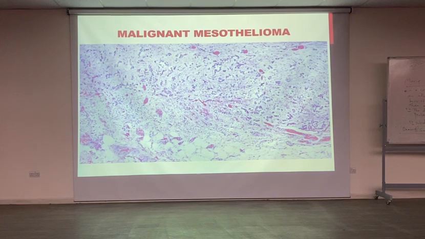The third type of tumors in this lecture is malignant mesothelioma. Malignant mesothelioma correlates with the mesothelial cells. وين بنشوفهم؟